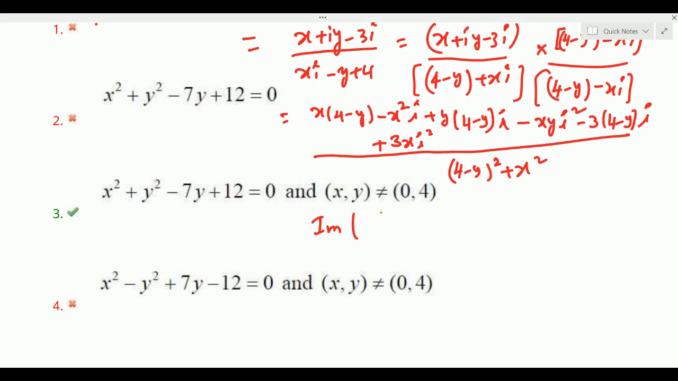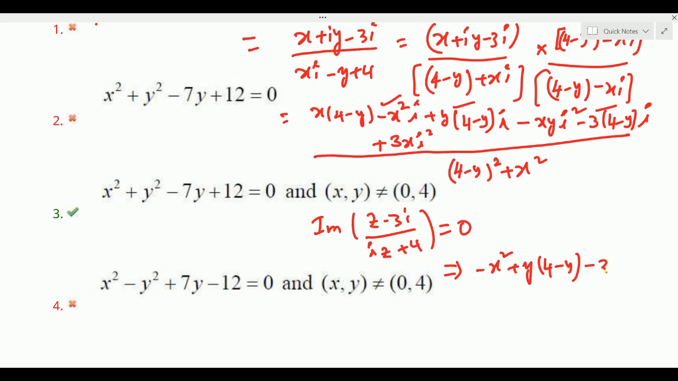What is being asked: z minus 3i, iz plus 4 is equal to 0, that is what was given. What is the imaginary part in this? Minus x square i is an imaginary part, y into 4 minus y is an imaginary part, and as well as 3 into 4 minus y is also an imaginary part. Here xy into i square is minus 1, so that becomes the real part. So we have to equate the imaginary part: minus x square plus y into 4 minus y